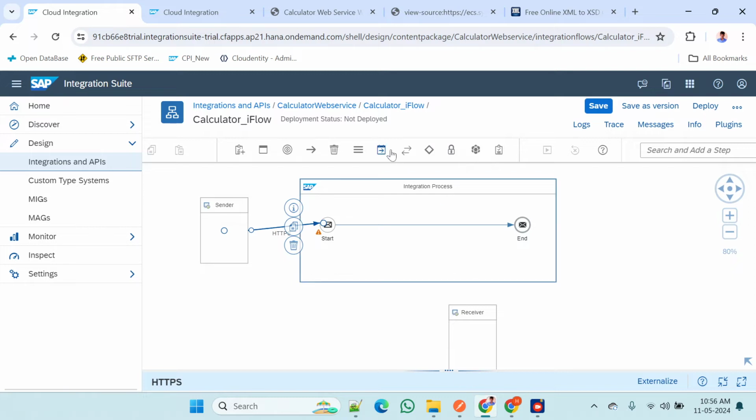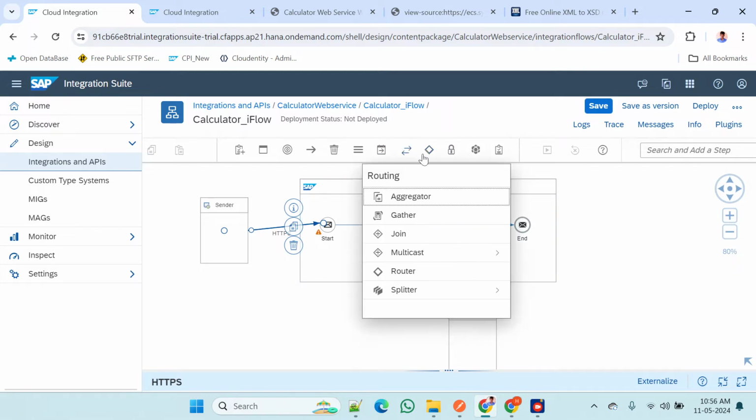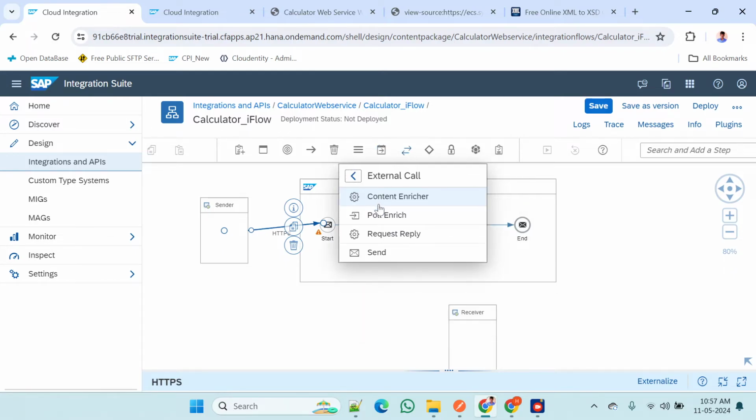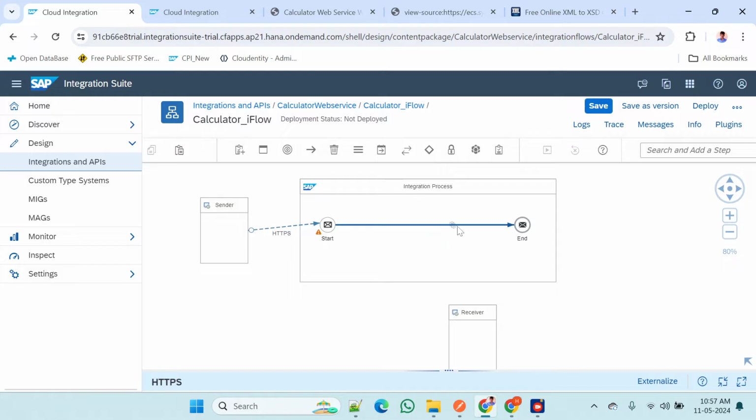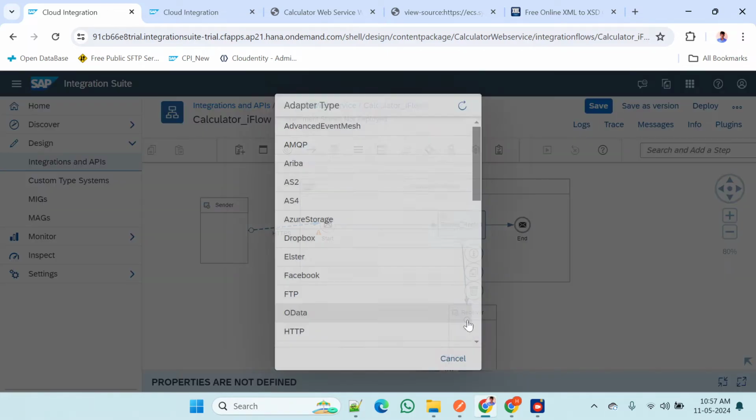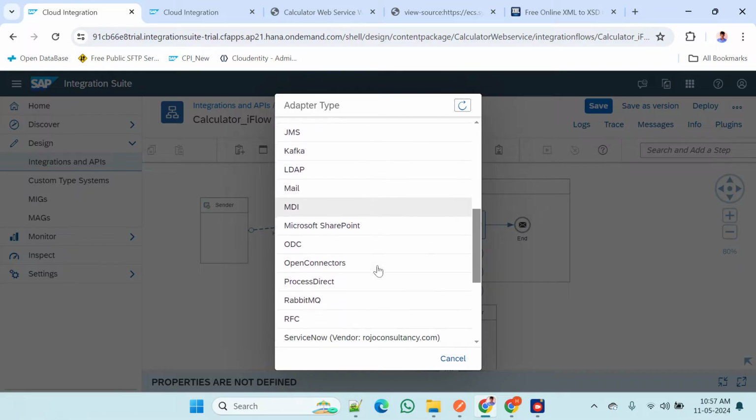And I am taking a request reply to get the response from the web service, an external call, request reply. So here I am using the SOAP adapter